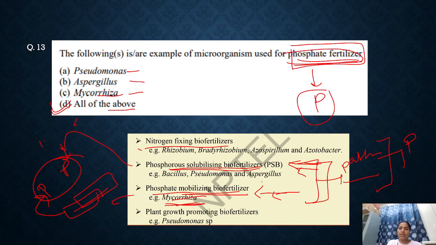Okay. So examples are Bacillus, Pseudomonas, Aspergillus, and Mycorrhiza. So in this question, the options are Pseudomonas, Aspergillus, and Mycorrhiza. So all three are used as a phosphate fertilizer. Now, have you understood this question? Yes, ma'am. Okay. If anyone has any other doubt,